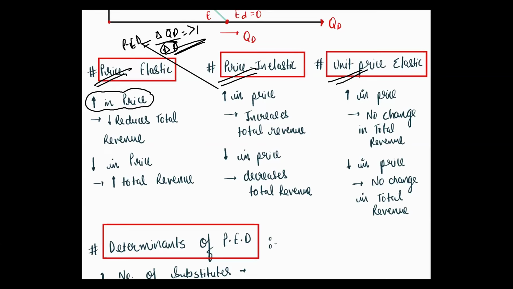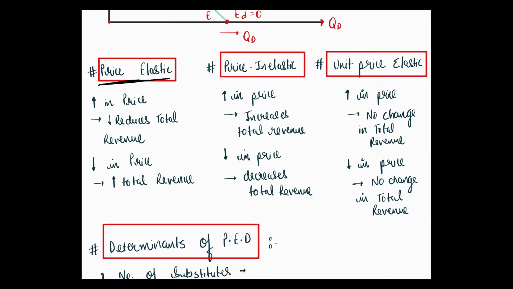Yes, of course, because how can the PED be greater than 1? Obviously, ये denominator छोटा होगा. In the case of elasticity, demand is more, na, price is less. So if price is less, you should remember that the increase in price will reduce the revenue, and decrease in price will increase the total revenue. In price elasticity you have to remember this.